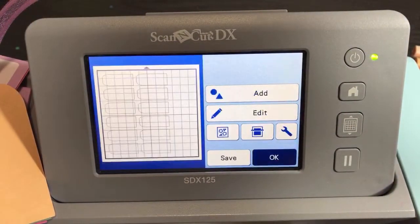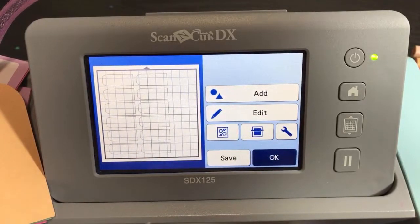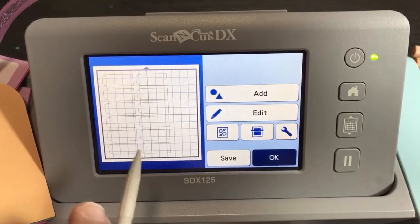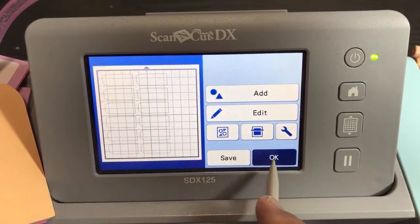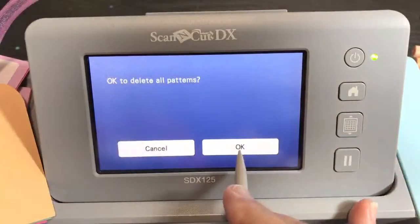Okay, and see what that looks like? So that's the concept of pattern interval. And you do need to change your pattern interval if you're making stencils or you want big gaps between objects. I like to keep a pattern interval bigger because it keeps things from getting caught up on each other, right? They don't bump into each other, and it's much easier to work with objects when there's farther space apart. So that's one of your troubleshooting techniques: whenever you have trouble, you can always change your pattern